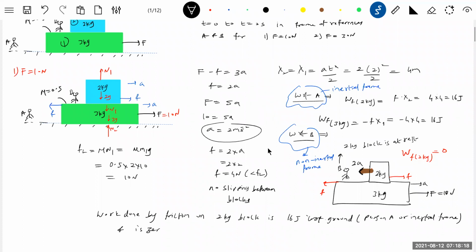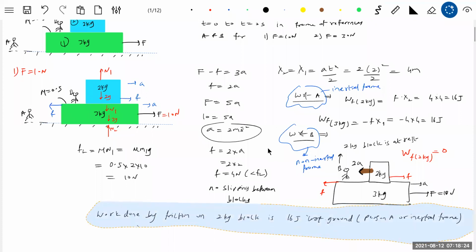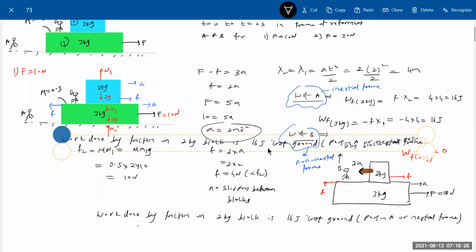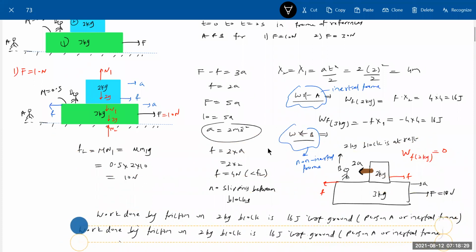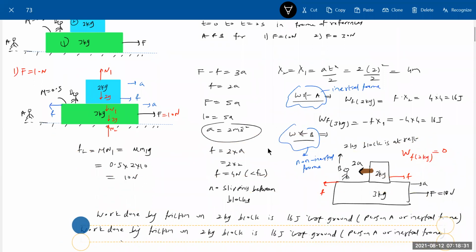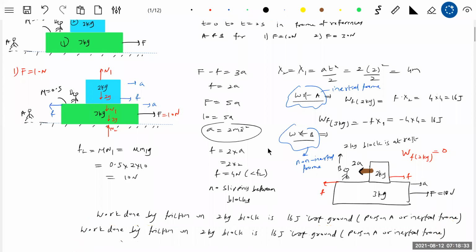And is 0. Okay, we will write the sentence. This is the very most important thing. What I am concluding is very, very important. I am just explaining through the problem. That's all here. Work done by friction on the 2 kg block is 0